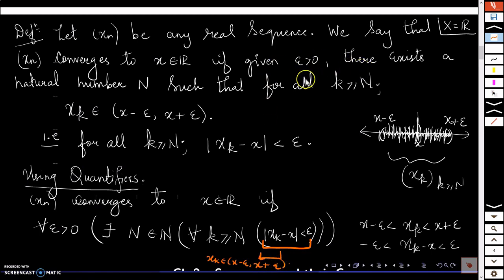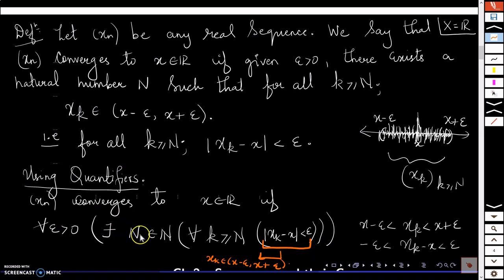All right. Now one more thing to note here is, we say for every epsilon positive. So if you give me epsilon equal to 1, I will find one natural number. If you give me epsilon equal to 2 now, the natural number here need not be the same natural number as when epsilon was 1. So corresponding to different epsilon positives, I will possibly get different natural numbers here.